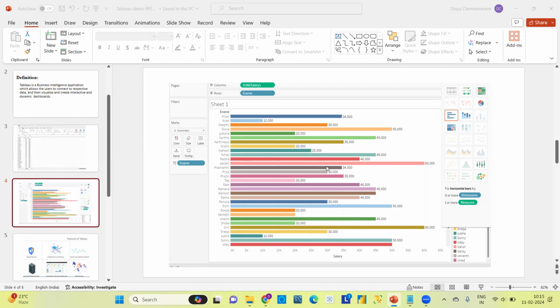In my course, I will teach you by creating graphs and by using real-time data only. I won't use any basic data. I will use real-time data, and we will work on it. I will explain in detail how you have to create reports, dashboards, and stories. I want you to practice it in your free time, and if you have any doubts, you can ask me at any point of time. Okay.